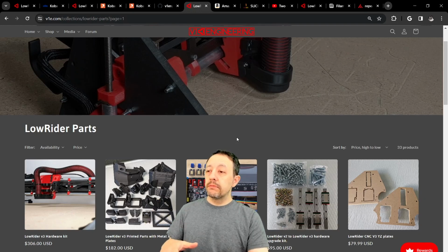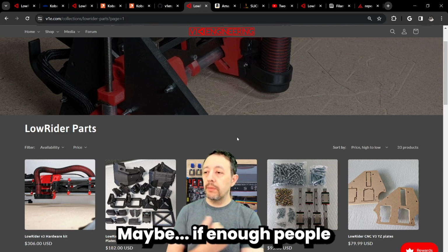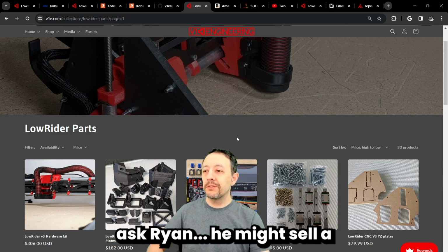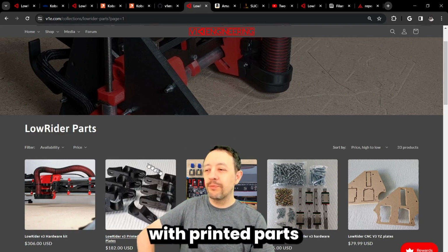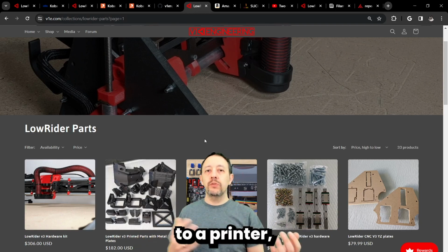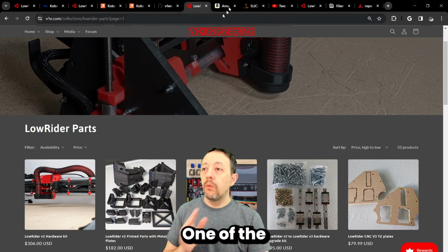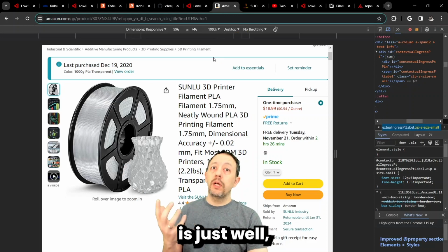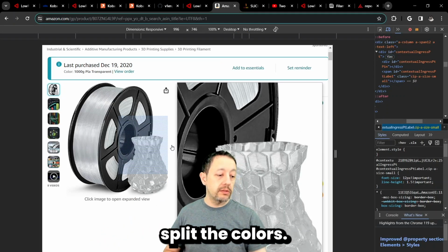Hopefully, one of the ways you'll be able to do this is maybe just go to the V1E shop. Maybe if enough people ask around, he'll sell like a Kobalt router kit or something of printed parts for people that don't have access to a printer or are not comfortable with printing parts with multiple colors. One of the easiest things you could do is just print everything transparent. Don't worry about trying to split the colors. But I mean,